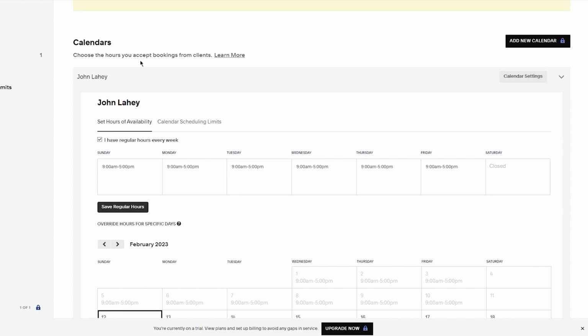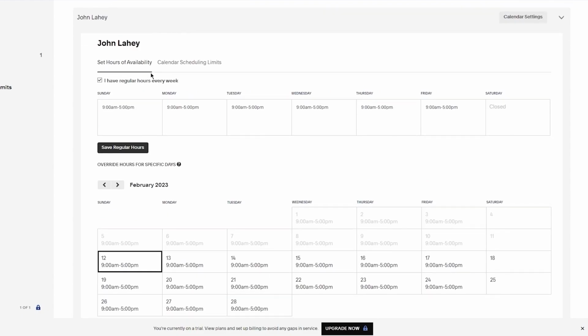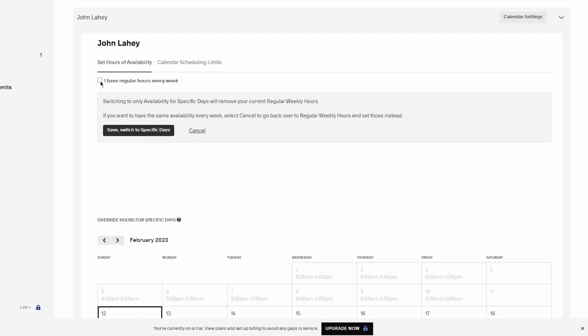So choose the hours you accept booking from clients. Over here, in the setting hours availability, you can either tick this, like I have, regular hours every week, or if you do that, switching to only availability for specific days will remove your current regular weekly hours. If you want to have the same availability every week, select cancel to go back to the regular